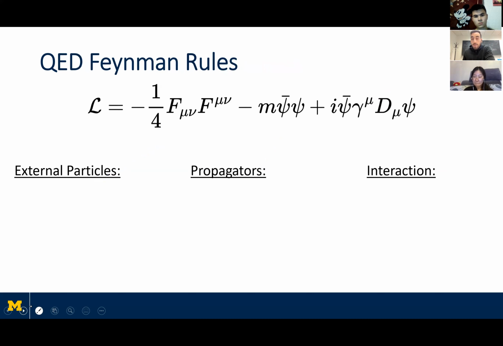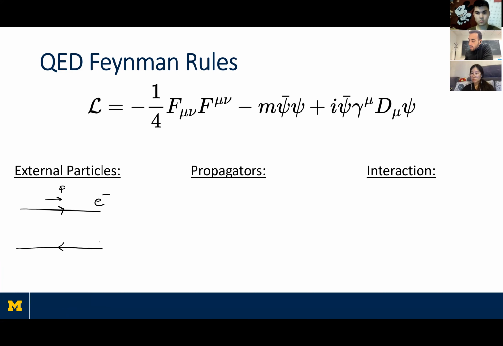We can move on to the Feynman rules that we get from this Lagrangian. And there's a recipe to do this. I won't go through it, but whenever you take quantum field theory, basically the course is dedicated to understanding how one gets Feynman rules from a Lagrangian. What you end up with is, for external particles, there are lines that are drawn for fermions. And if you have, say, an electron with some momentum p, you would draw an arrow on it indicating the charge flow. And if you had a positron, you would just reverse the charge flow,